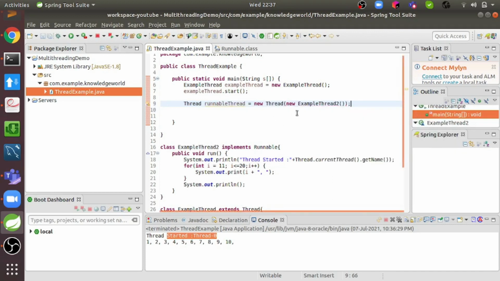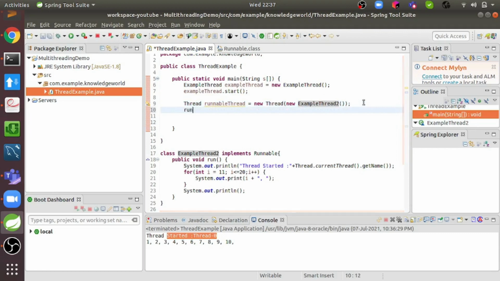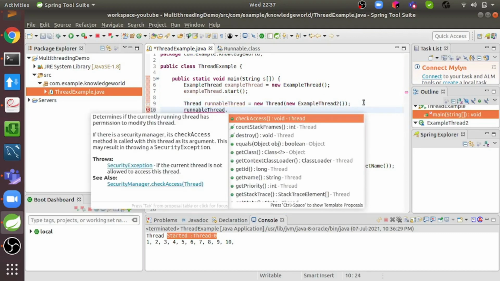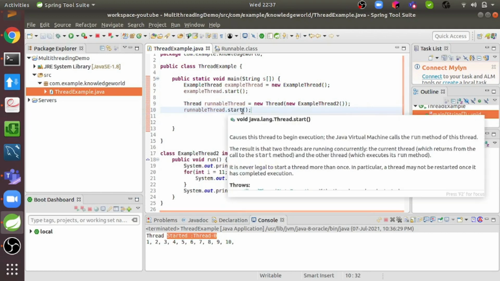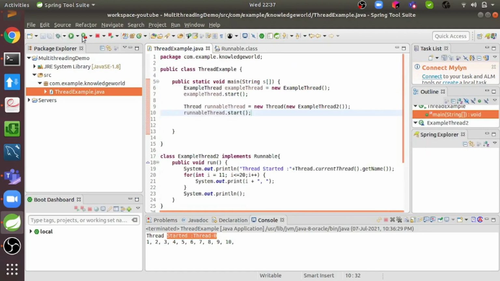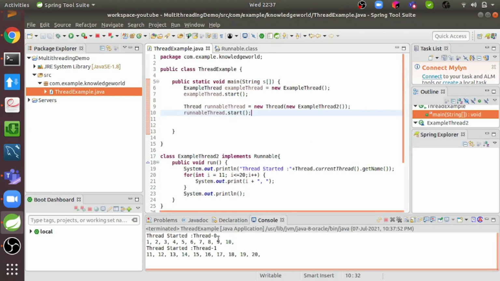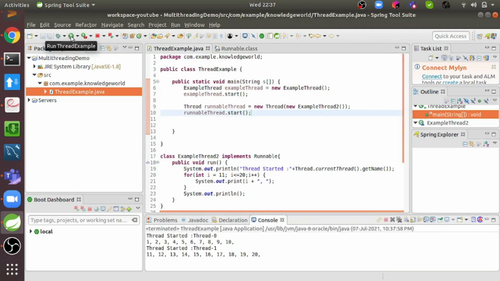What we have done here is we have created a new thread of type Runnable and just start the runnableThread, and over here also we have to call the start method instead of run. Now when we run it, we see that both the threads started and both are running in parallel.